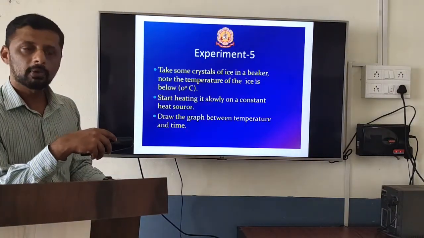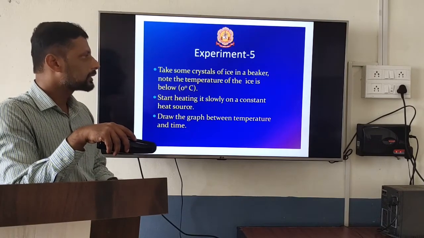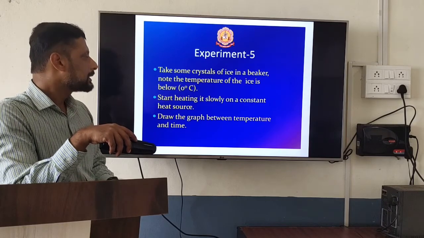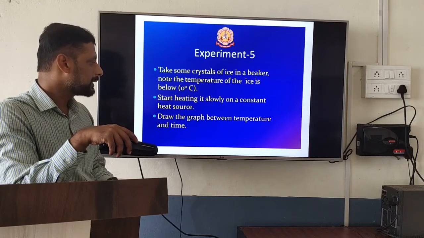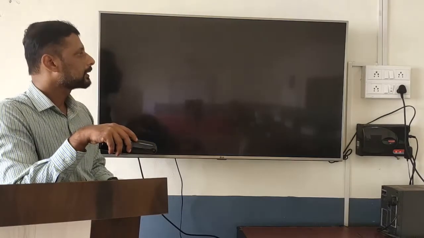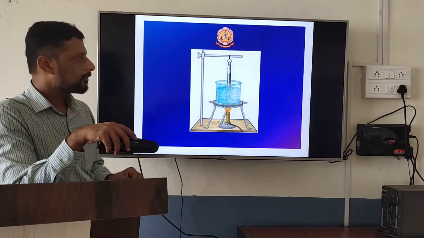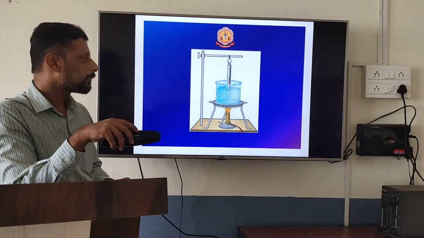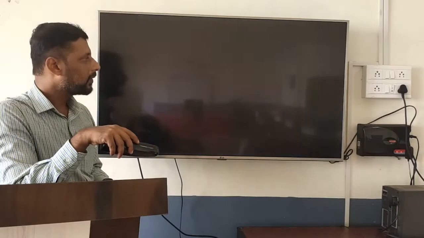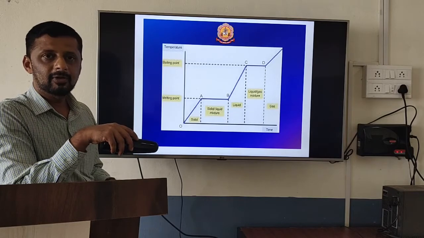Next, I will conduct one more experiment here. Take some crystals of ice in a beaker. Note that the temperature of the ice is how much? Around 0 degrees Celsius. Start heating it slowly with a constant heat source. Now draw the graph between temperature and time. So here there is a beaker which contains some crystals of ice, attached with a thermometer, and heat energy is continuously supplied. Now if you draw the graph of temperature versus time,